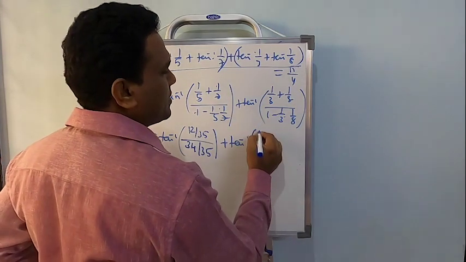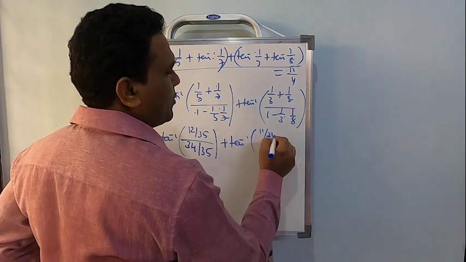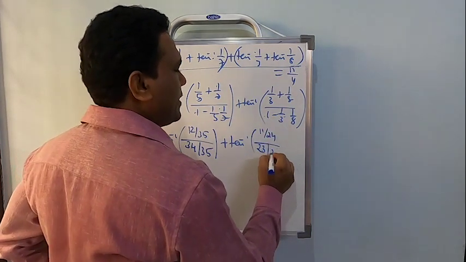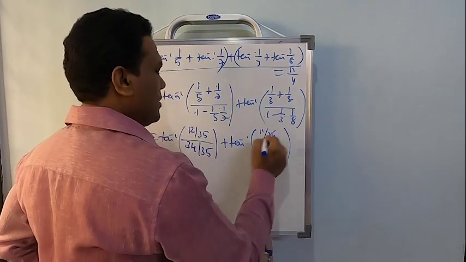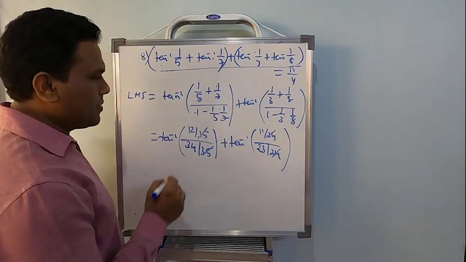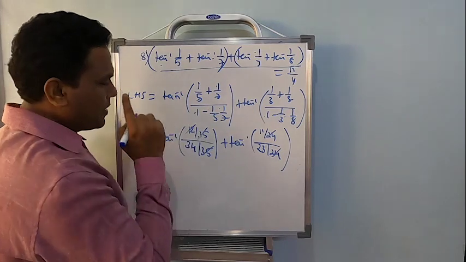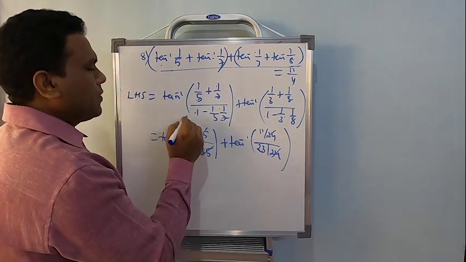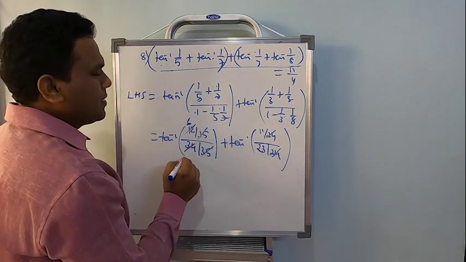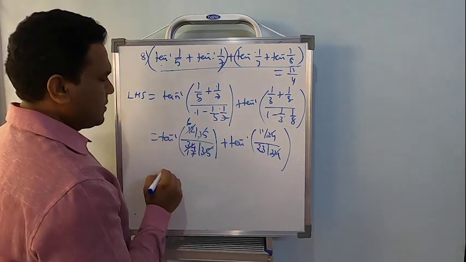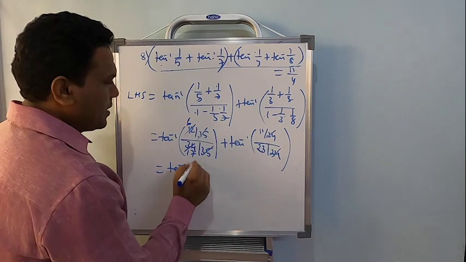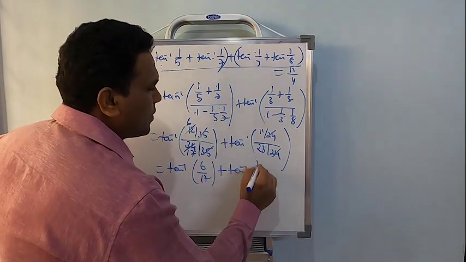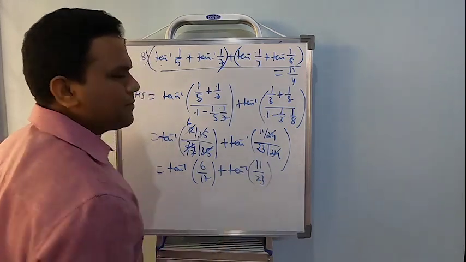It's going to be 8 plus 3, that's going to be 11. 11 by 24 minus 1, that is going to be 23. 23 by 24. So eliminate these denominators. This can be simplified further. So with which terms? With 4? No, it's not with 4. So it's going to be 6, and this is going to be 17. So fine. So it's going to be how much? Tan inverse of 6 by 17 plus tan inverse of 11 by 23.